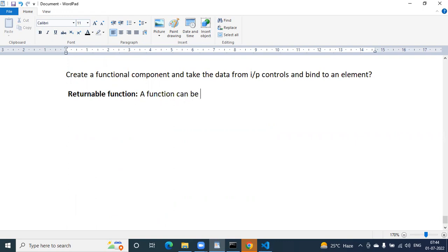Even though you are having the 8 different categories, all these categories you can use as a combination. Don't think like 8 different categories are separate. No. A normal function, first you need to create a normal function, it is able to have the parameter, and this function is also able to return a data itself. A function that returns some data is called returnable